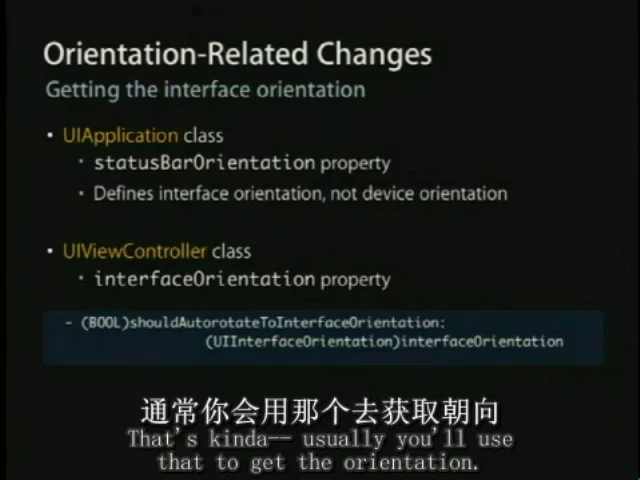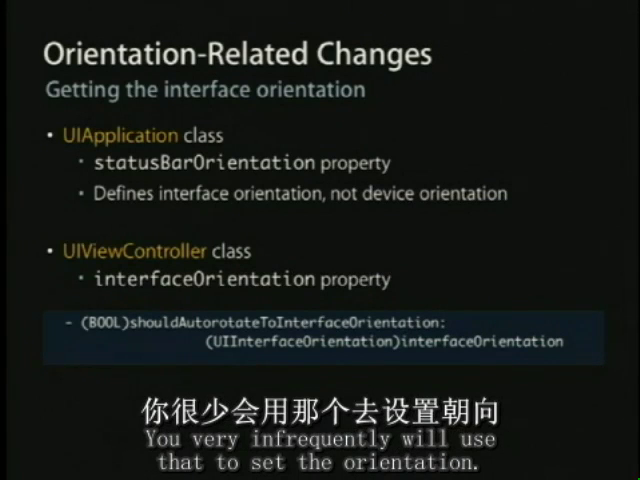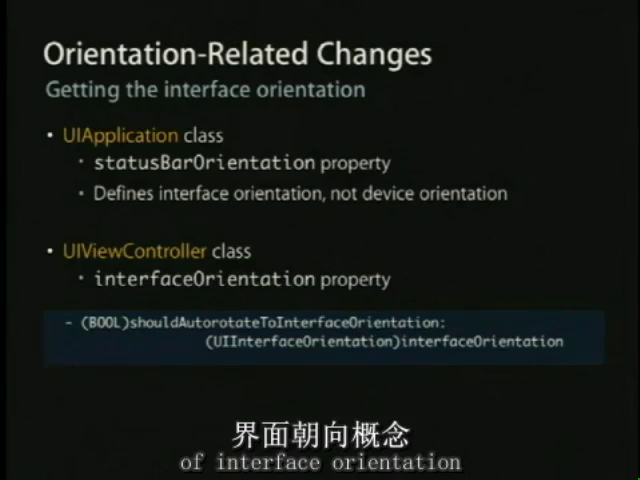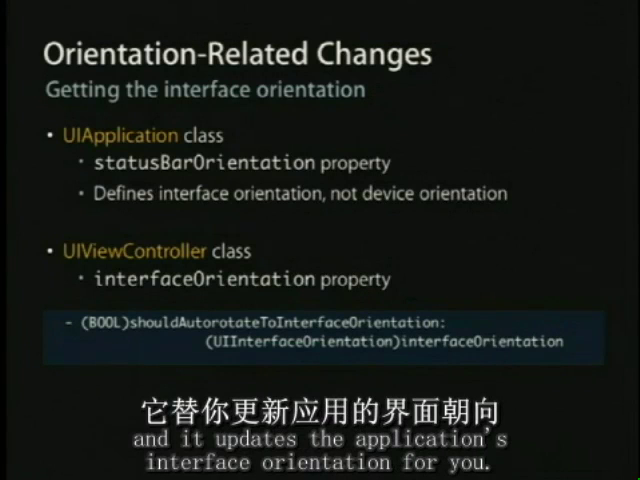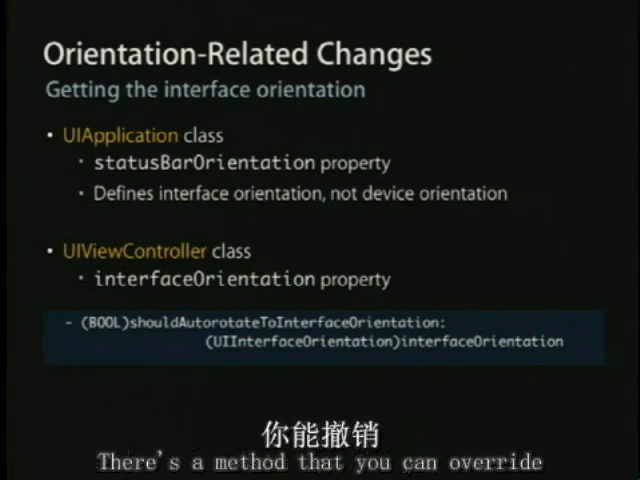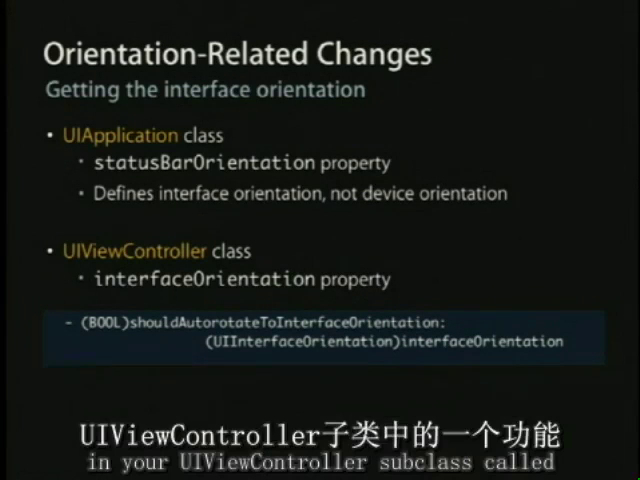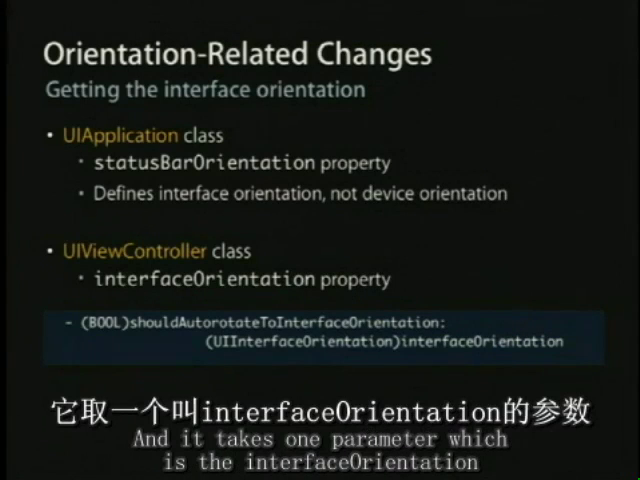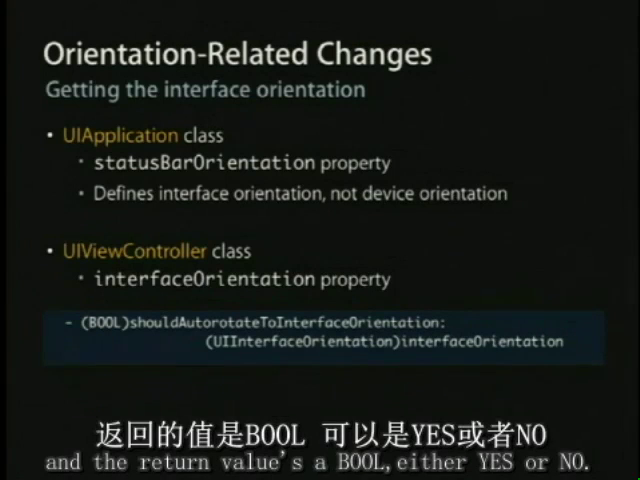That's usually what you'll use to get the orientation. You very infrequently will use that to set the orientation. UIViewController actually provides its own concept of interface orientation, and it updates the application's interface orientation for you. It's actually pretty easy to use. There's a method you can override in your UIViewController subclass called shouldAutorotateToInterfaceOrientation. It takes one parameter, the interface orientation, and the return value is a bool, either yes or